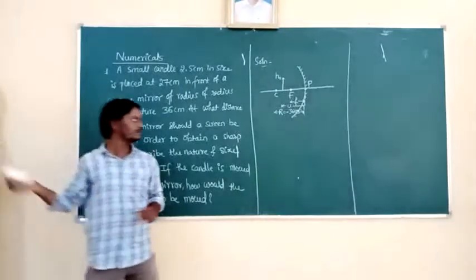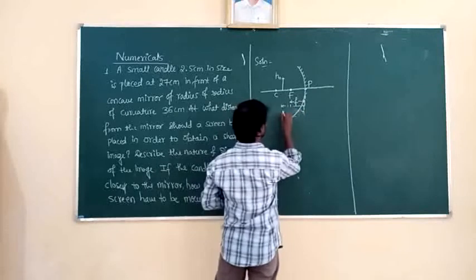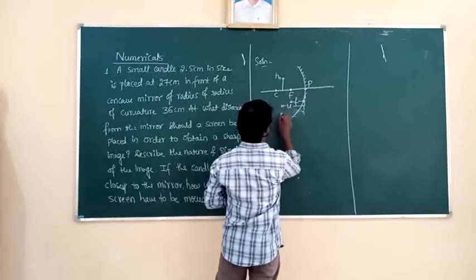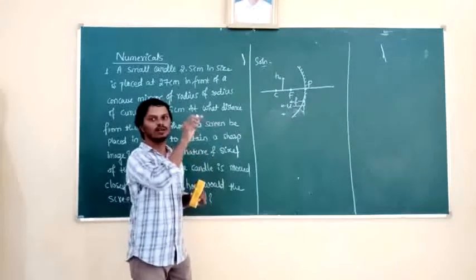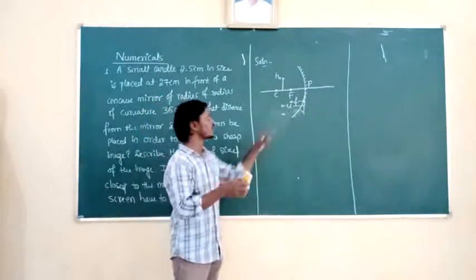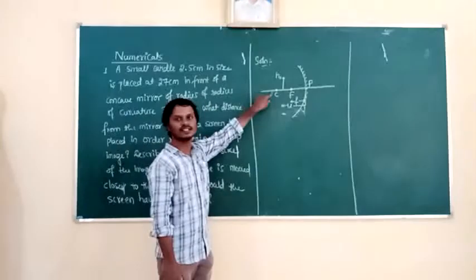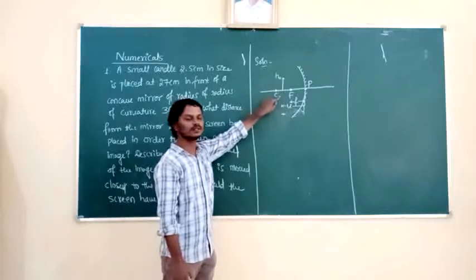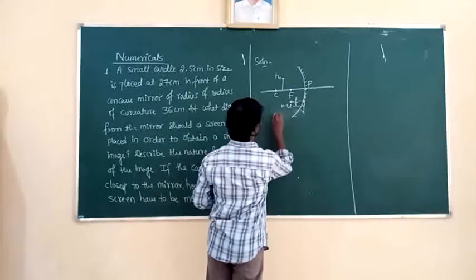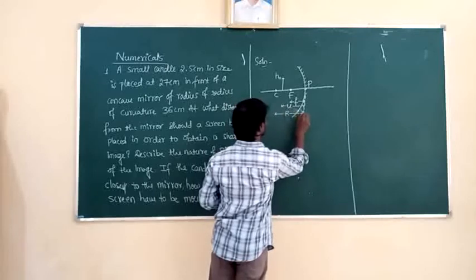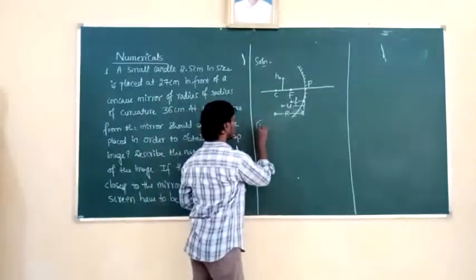So what are given here? So radius of curvature is given. By using radius of curvature, we have to find focal length. So how can we say object is placed in between C and F? Already I said that object distance, 27 centimeter, is greater than focal length, 18 centimeter, and object distance is less than radius of curvature, 27 centimeter is less than 36 centimeter. So distance of the center of curvature from the pole of the mirror is called radius of curvature. Okay. So now let us solve the problem. First we are going to write the given values.